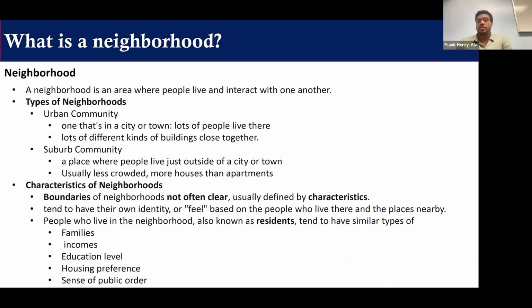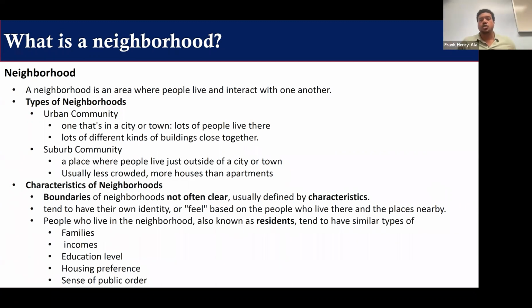There are different types of neighborhoods. We have urban communities, right? And this is usually found within inner cities. This is typically downtown areas where you'll see big buildings, a lot more traffic, fewer green spaces, and a lot more apartments as opposed to houses.